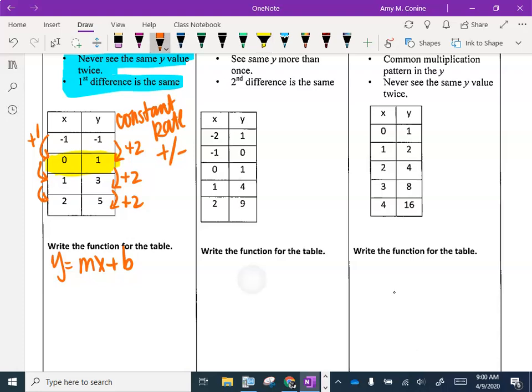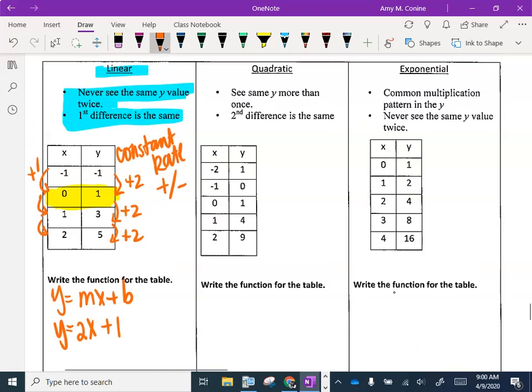So for this, my y-intercept is 1, and my slope is the 2 that it's going up by. Okay, so your slope is that 2 that it's going up by over here, and then you have your y-intercept when x is 0, y is equal to 1. So now for quadratics,